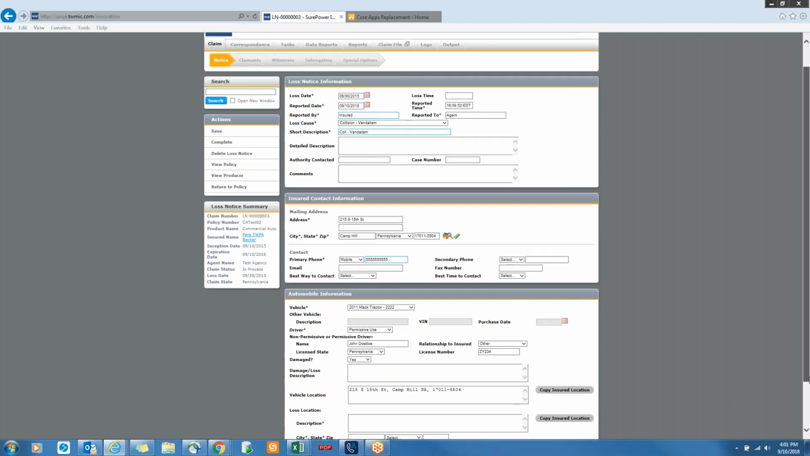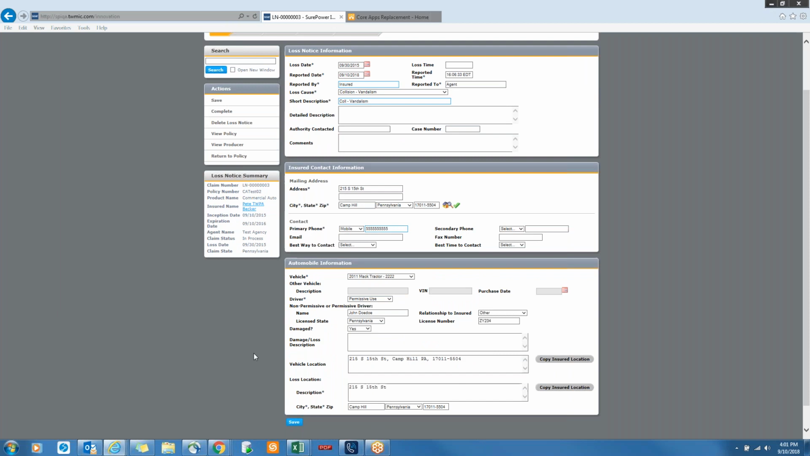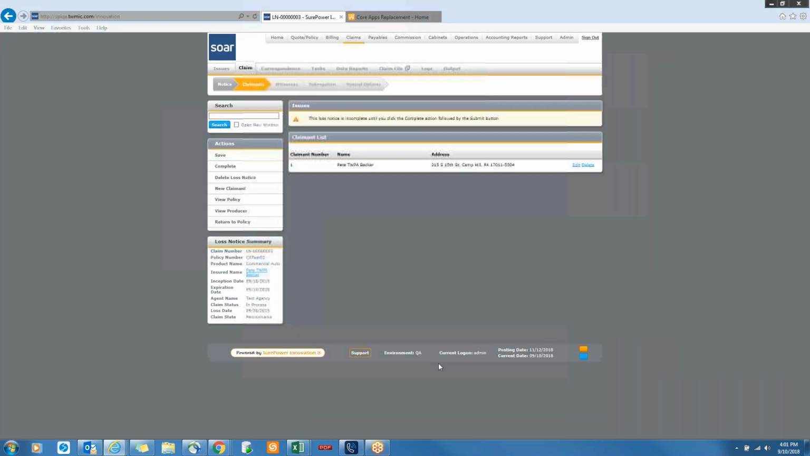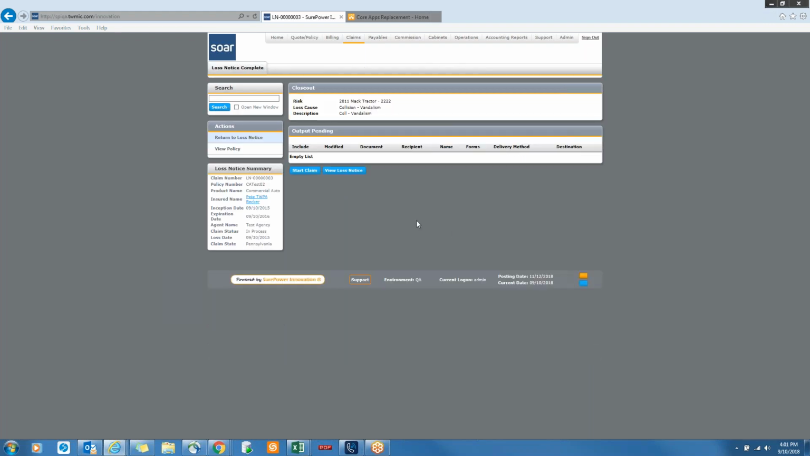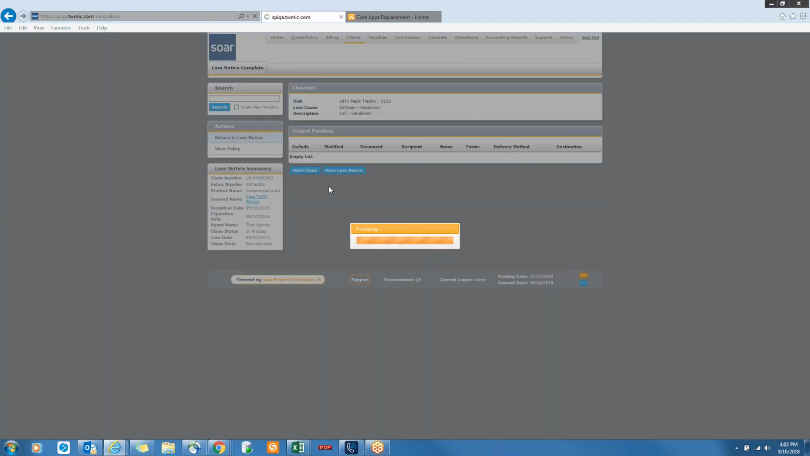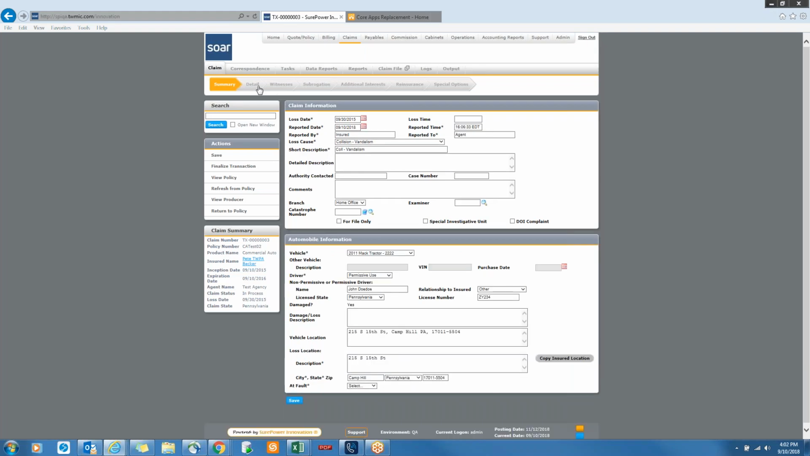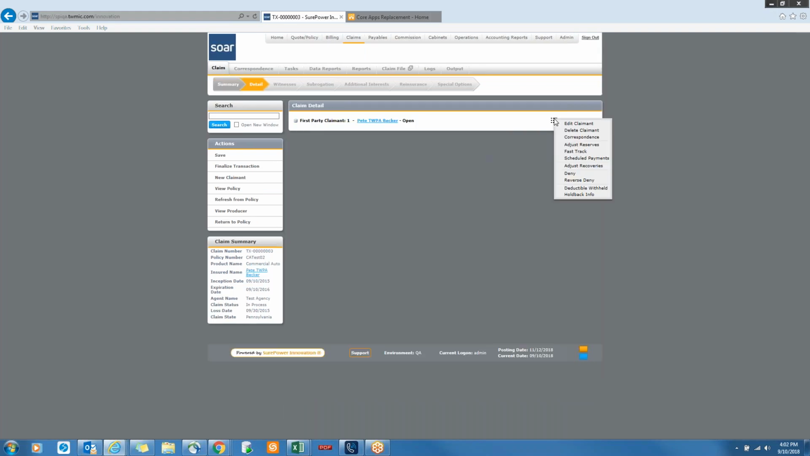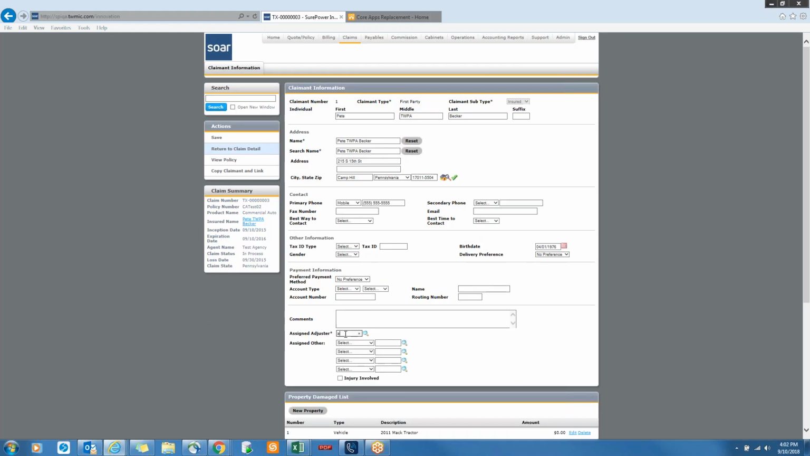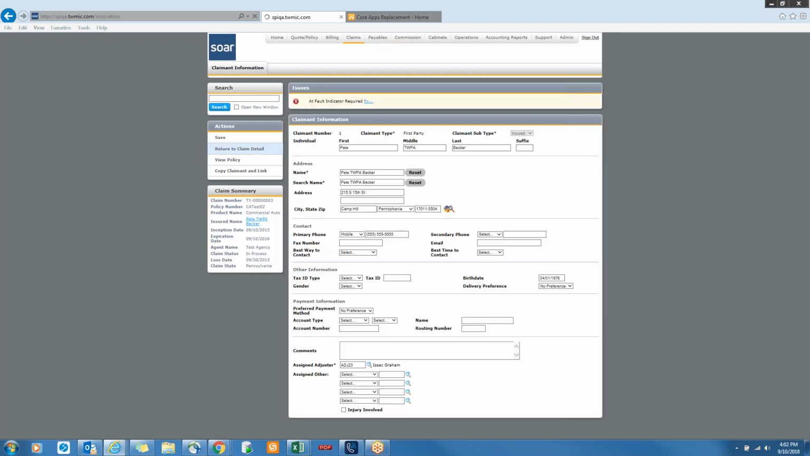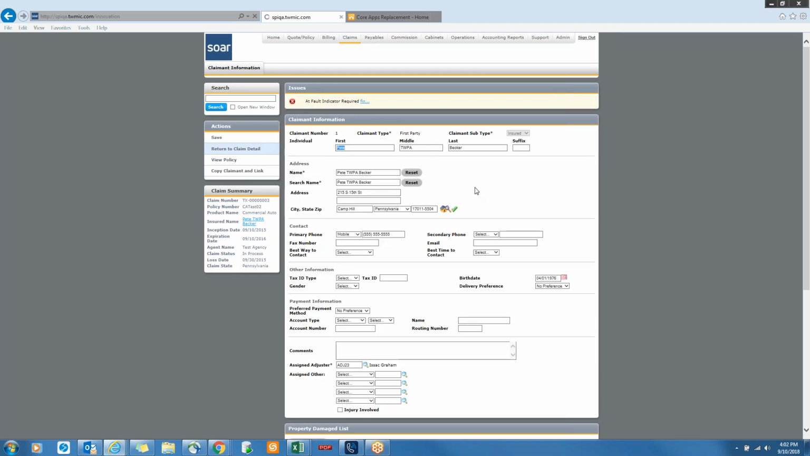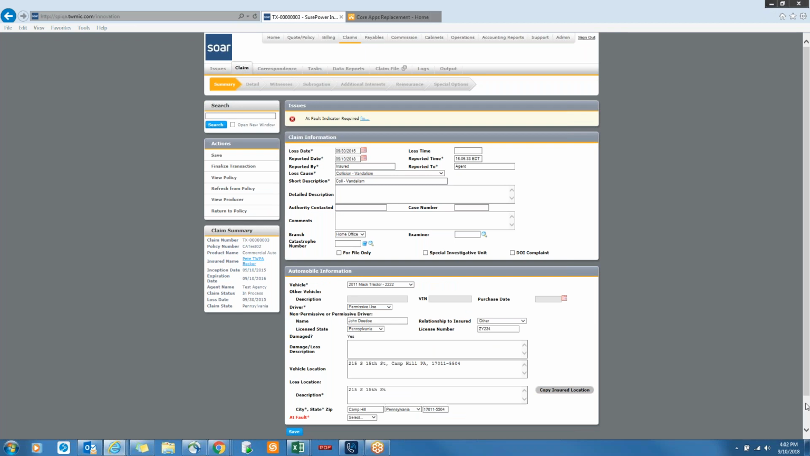And I'm going to fill out the rest of the fields with base information. I'm going to click save. And I'm going to go ahead and complete the loss. At this time, I'm going to start the claim. I am going to go to the claim detail, edit the claimant, add my adjuster, fix my no fault indicator,